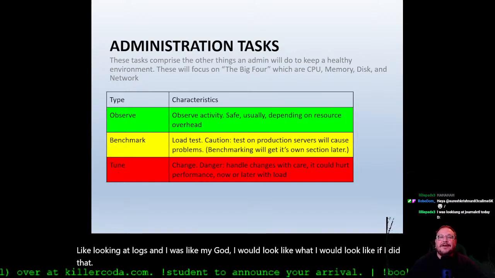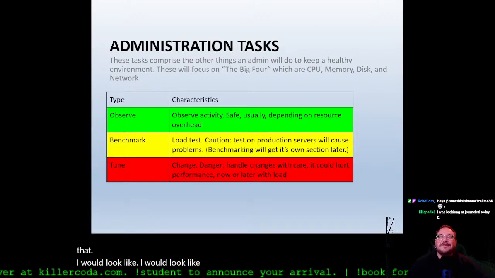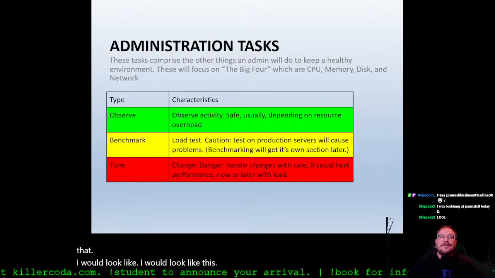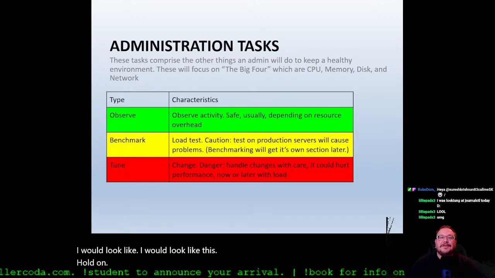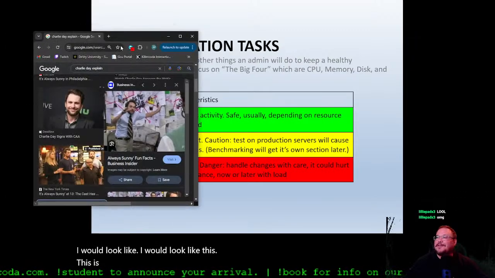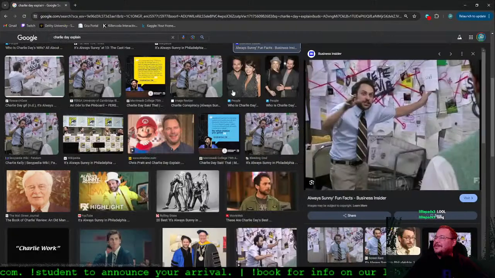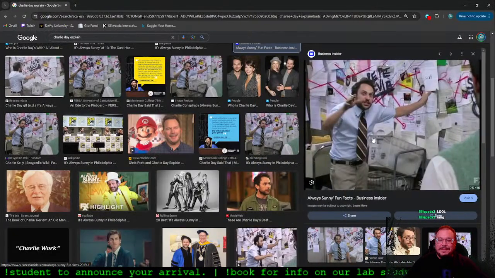I would look like this. Hold on. This is what I would look like if I tried to explain to people what I was doing. That would be me right there. Just like,